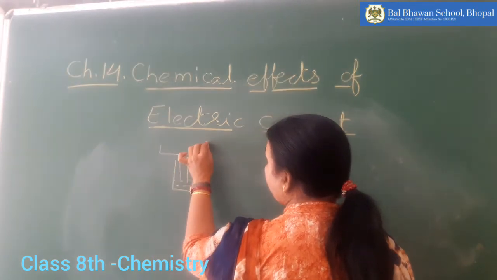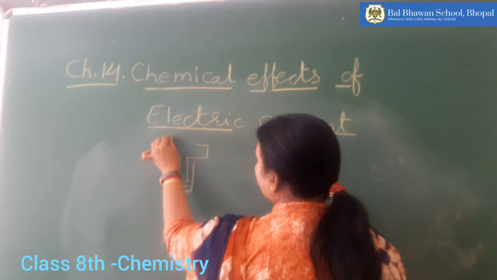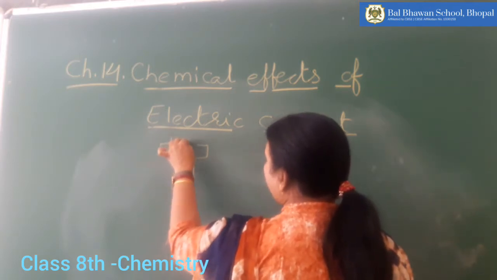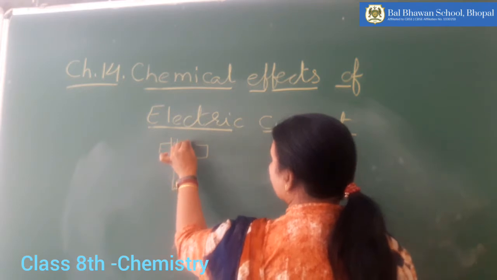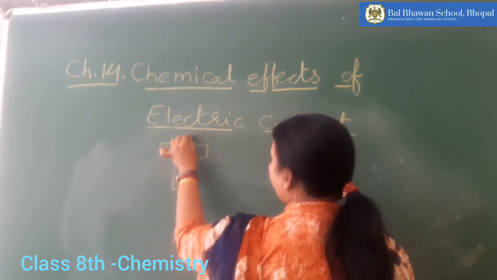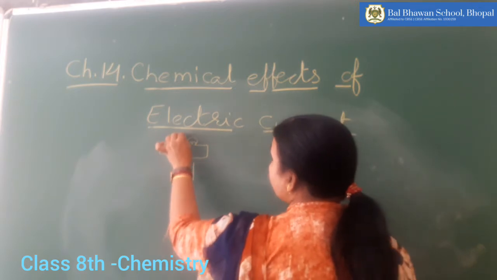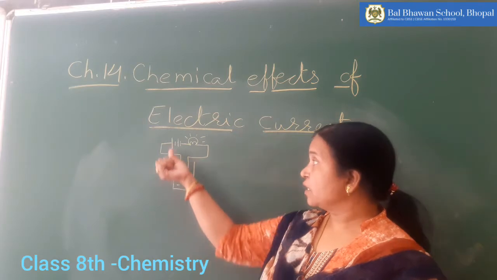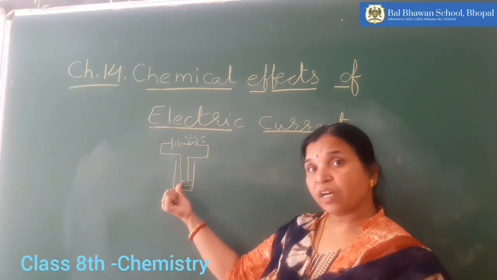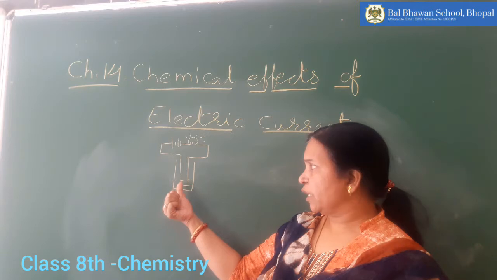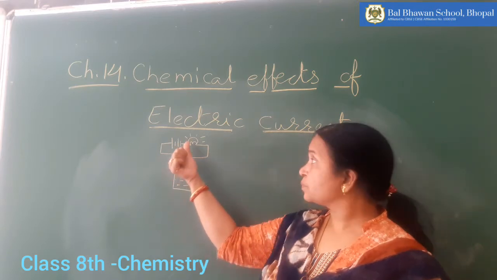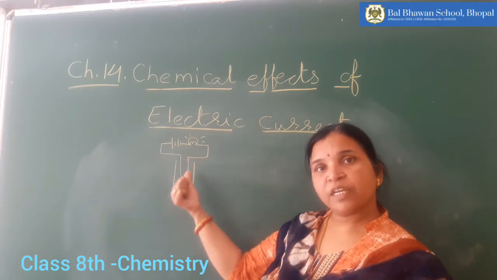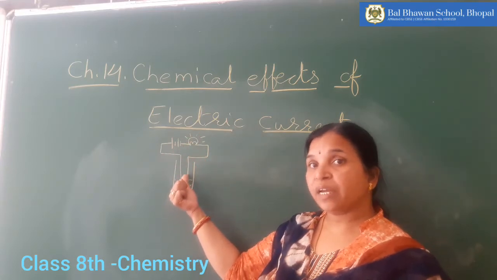bare ends of the wire which are connected to the battery, and at the same time it is connected to the bulb. If this bulb is glowing, this indicates that current is passing. This liquid is allowing the current to pass through it. Second thing, the bulb is glowing, that is also indicating that this liquid is helping in conducting the